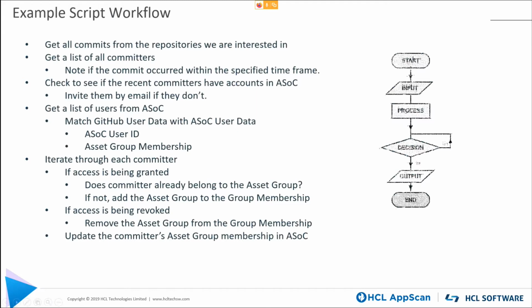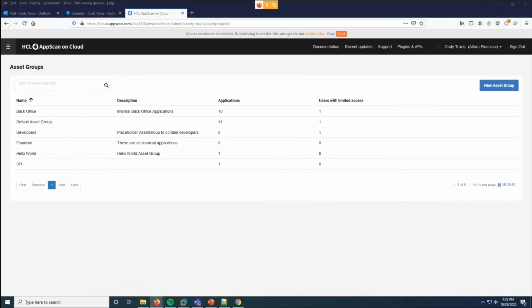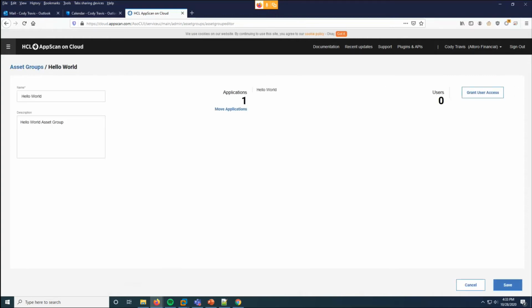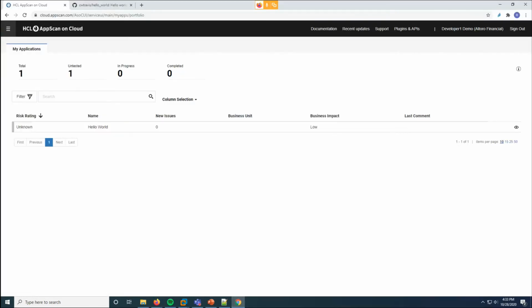So let me get out of here. This is my instance of ASoC. I have an asset group called Hello World. Right now, this Hello World asset group has no users in it, 0 users. But I do have a developer that is committing code to this asset group. So if I flip over to that user,